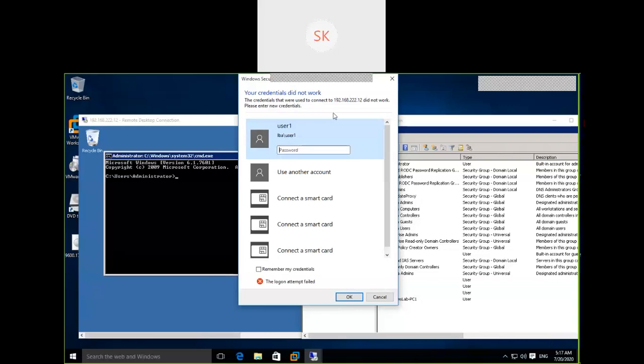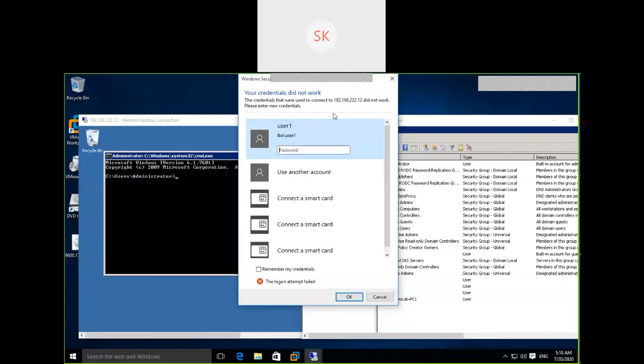What we need to do is either this domain user should be a member of a local group, that is the first thing. If not, user 1 can be a member of a domain group, and that domain group can be added to the local group. There are two ways to provide privileges to user 1.